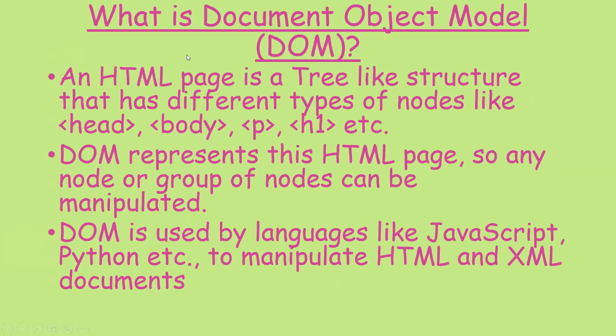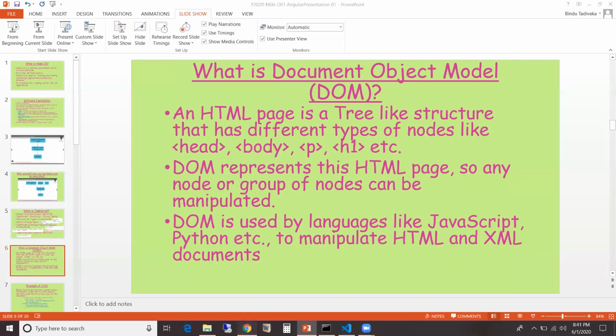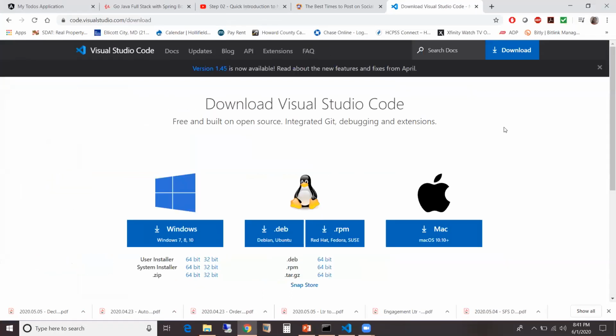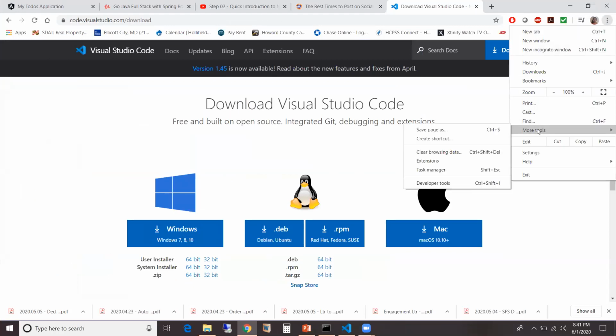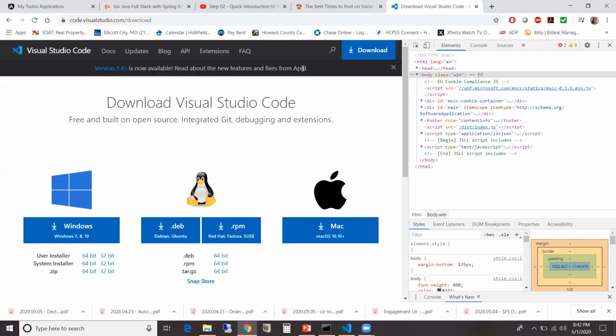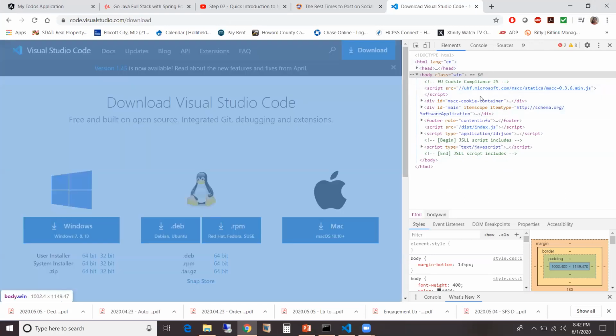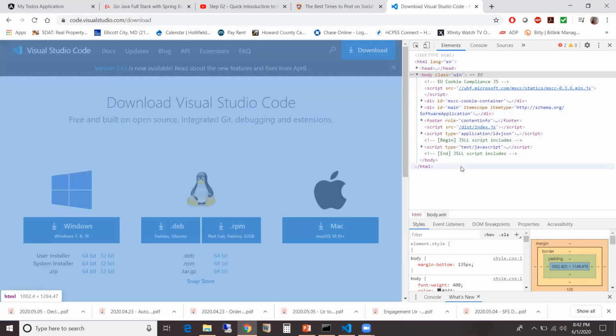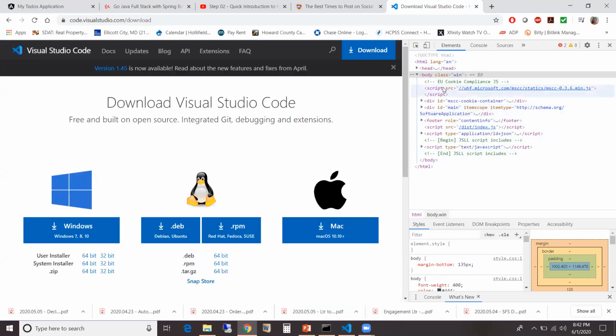So what is the document object model? A HTML page is represented. Like if I go here and click on development tools, this is the HTML representation of this page, and this HTML document can be represented by the document object model.